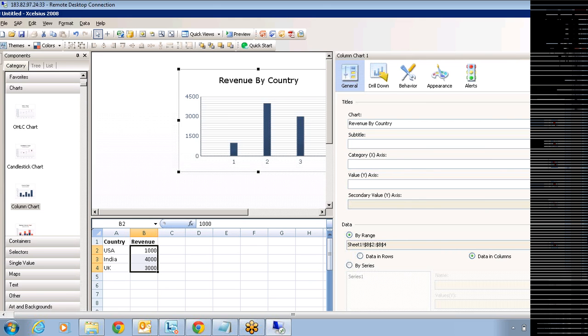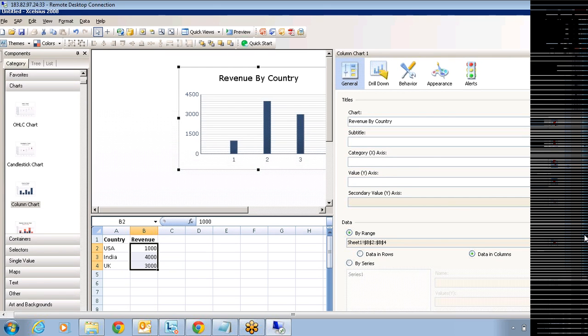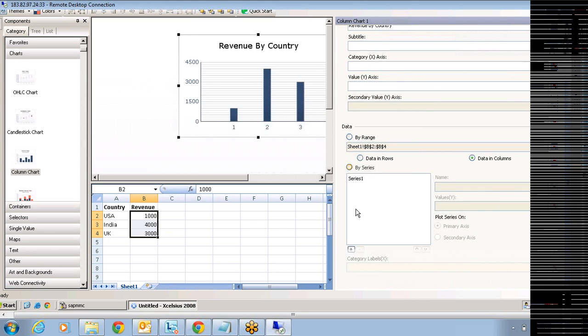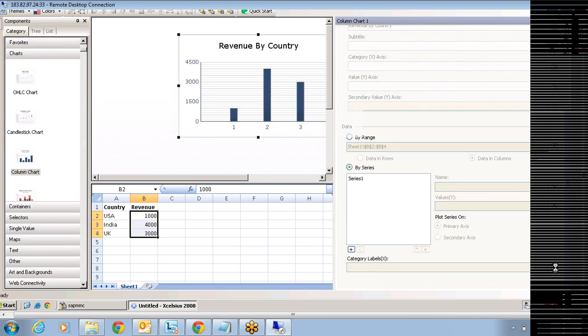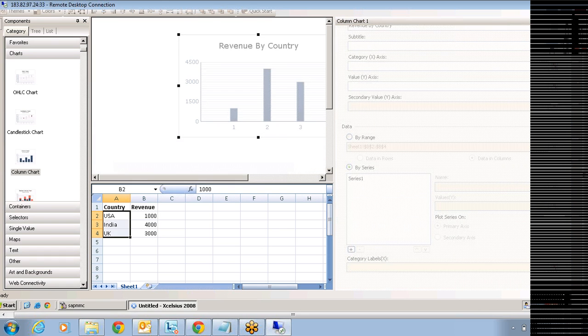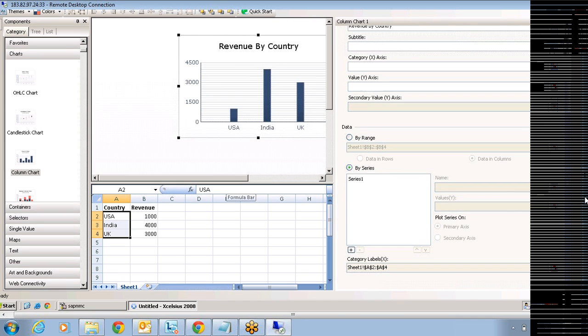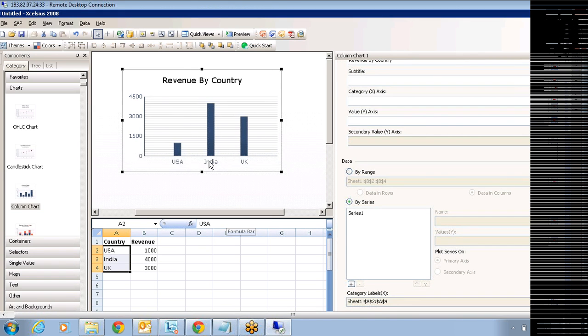And you need to also provide which category labels these measures are based on, meaning the specific country category labels. Click on By Series, and under Category Labels, just beside that, click on this icon and select your category labels from here till here. So now, based on the data, you'll be able to see in the design itself that it's highlighting all the